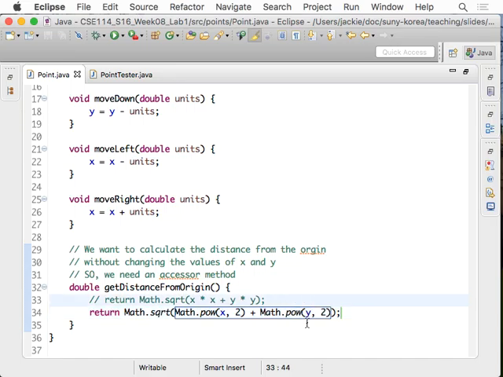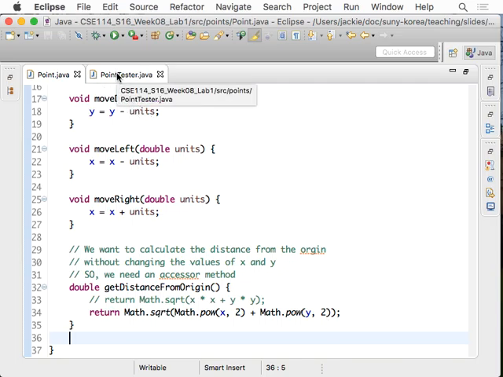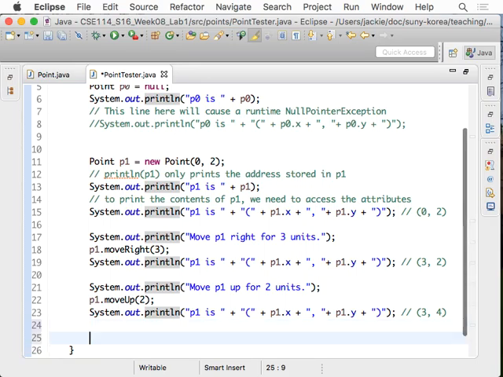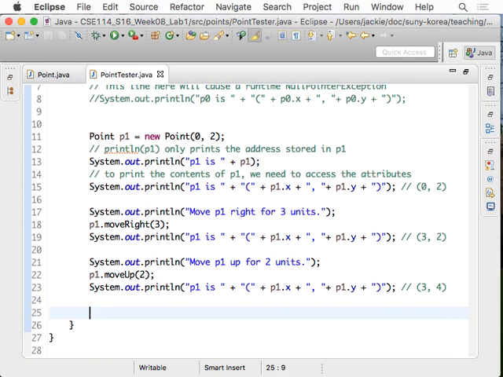Are we okay with this one here? Okay, that's how you get a distance. Let's try. If you go back to the PointTester class, because now P1 has been moved to 3, 4, so let's see what's the distance from 3, 4 to the origin. So what we can do is, let's say